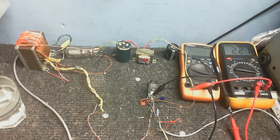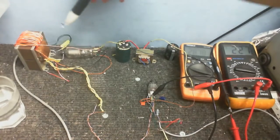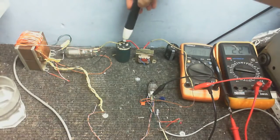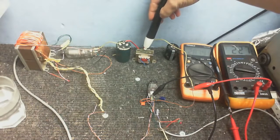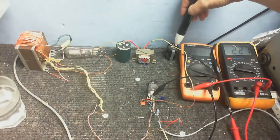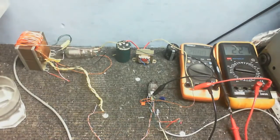so they're being AC powered. And of course, this is providing the high voltage being rectified by this tube here, smoothed by this capacitor here, smoothed further by this inductor here, which is just a transformer that I've wired in series with the rest of it, and finally being smoothed by this capacitor here. Also, on the meters, I'm measuring the voltages at the various parts of the circuit. I know you can't see the meters very well. Unfortunately, I don't want to try and move them because, you know, I might short out a wire, and that would not be a very good end to this experiment,